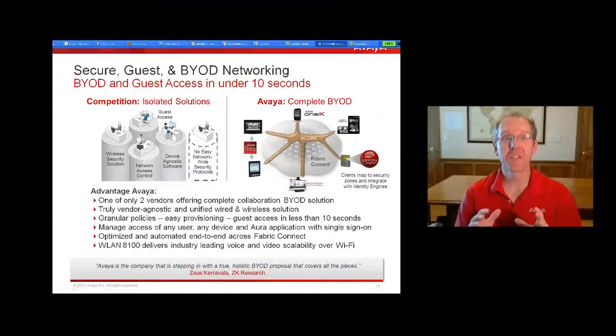BYOD is still a noisy issue in the market and in the enterprise. The reason is that it is a multifaceted problem. A company has to deal with wireless security, network access control, mobile directory access, and network-wide traffic isolation, just to name a few. Avaya is one of 2 vendors that can offer a full BYOD solution spanning UC applications, infrastructure,